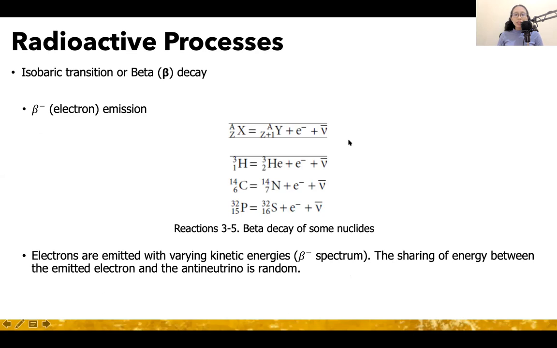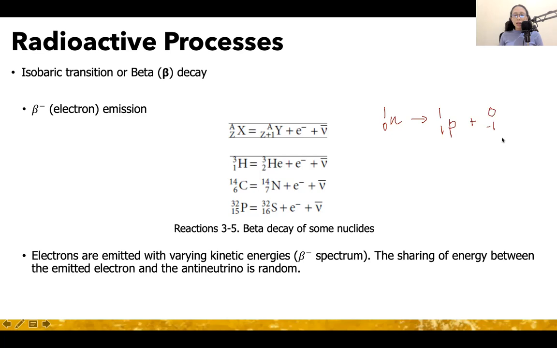Okay. In beta emission, so this is the general thing that is happening. So you have the parent nuclide and you have the daughter nuclide whose atomic number is now increased by 1, right? And you have an electron that is released. Now, this electron released, where does this come from? So this comes from the conversion of a neutron represented by this. This neutron gets converted to a proton